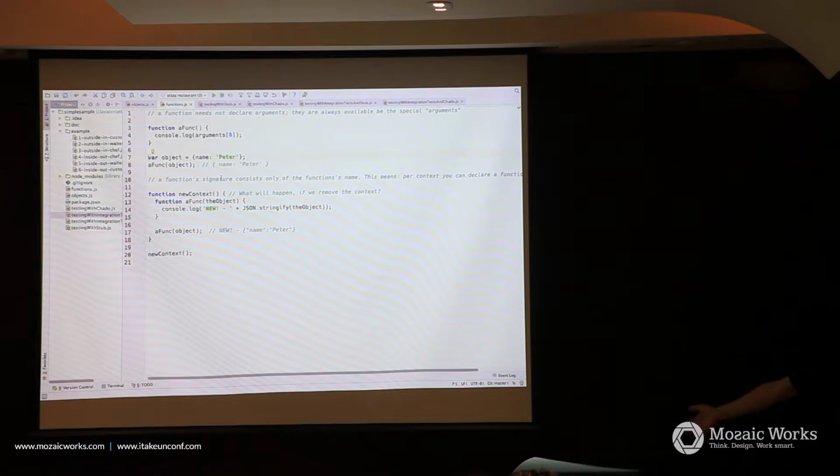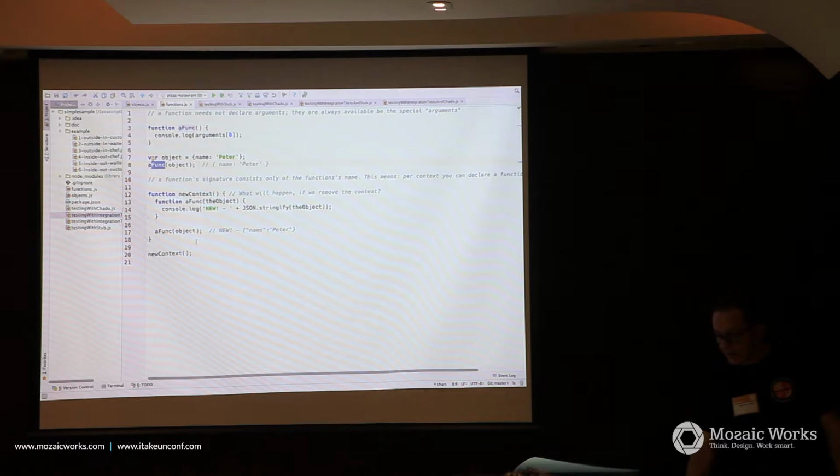And then we have an invisible thing called arguments, which is an array which is always there, and I can always say, I want the second argument, and do something with it inside the function. That is part of the language. So these arguments here is part of the language. So I call now the function with the object named Peter, and because it prints out the first argument, it will print out the object.